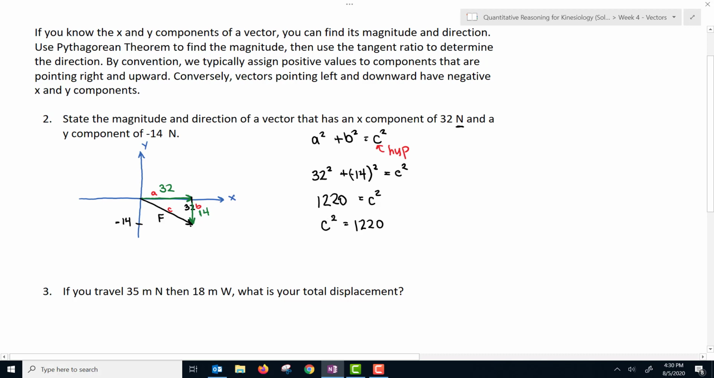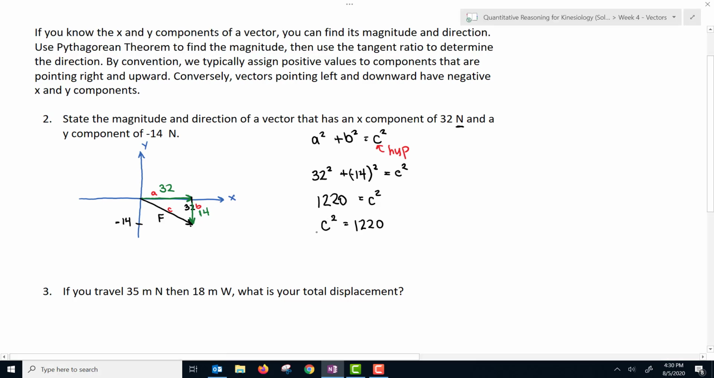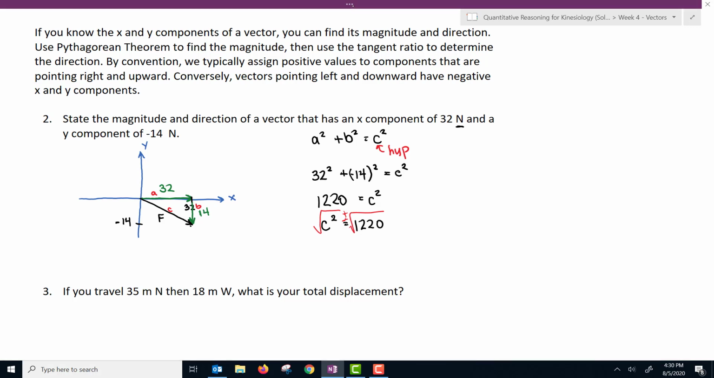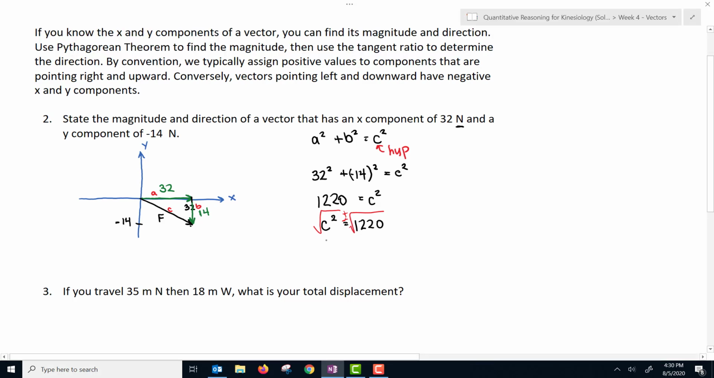And remember, when you're trying to get rid of a squared, you do the opposite, which is square rooting. I'm going to square root both sides, but remember to put a plus or minus in front. So when I take the square root, on the left side, the square root of c squared is just c. And on the right side, the square root of 1220 is